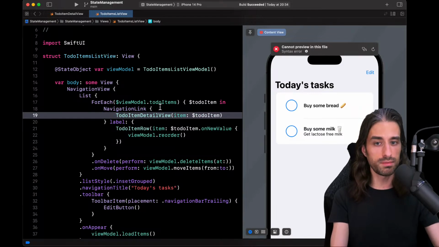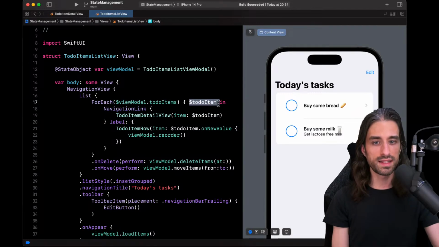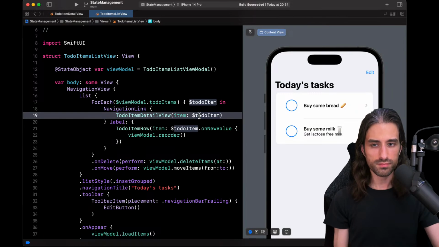And it's not a problem here because I'm already inside a closure that takes as an argument a binding to a to-do item. So I've provided both, and you can see that these little things, these little disclosure indicators